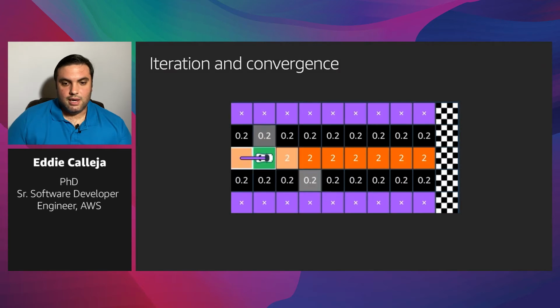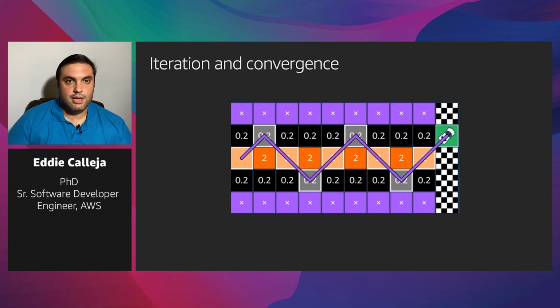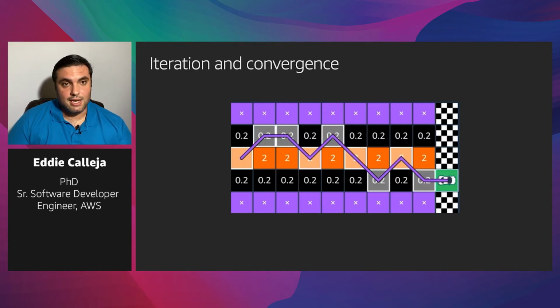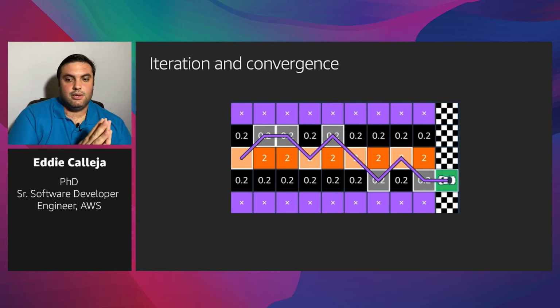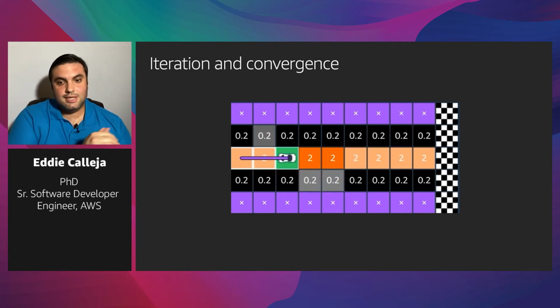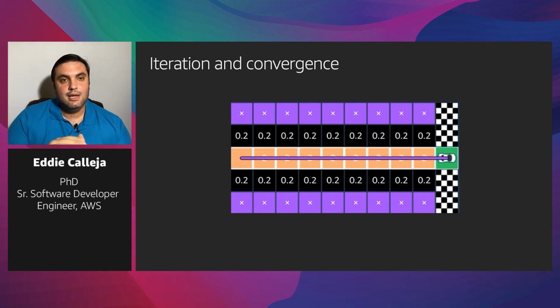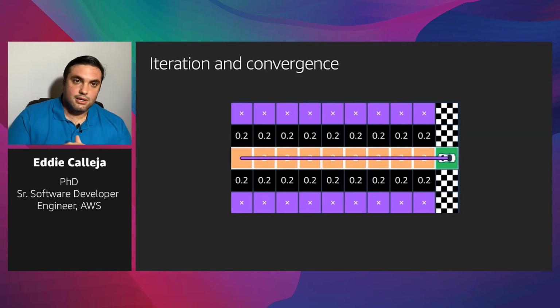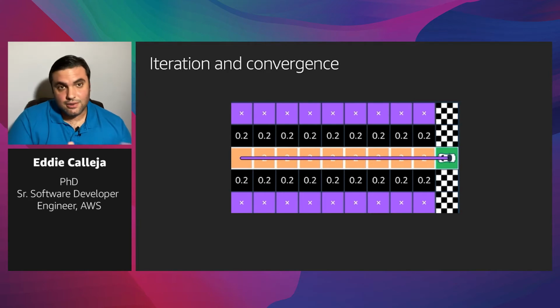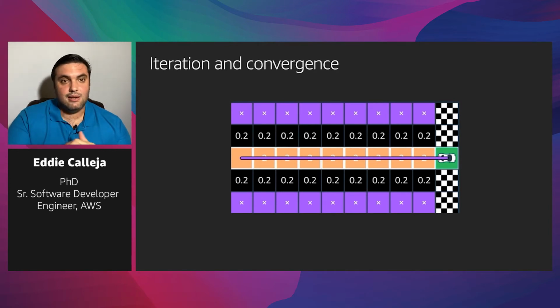So if you see here, we can see an example of the agent exploring around and kind of wandering a bit, and it really should be random at the beginning. We call this exploration. And again, we're just very creative in the reinforcement learning community. It really is what it sounds like: it starts to explore. It starts looking at different paths that it could take, and it starts to score them. The technical term there is it fills out a value function, and that again is exactly what it sounds like: how valuable am I in this state, and I want to take an action that takes me to a more valuable state.